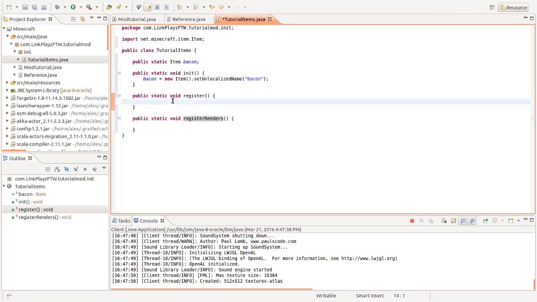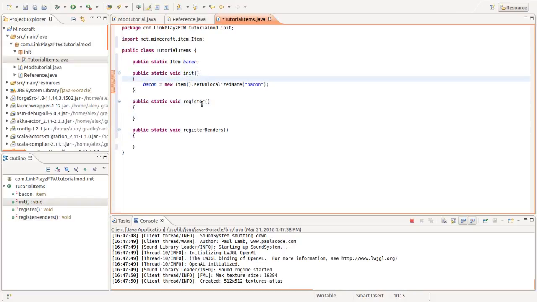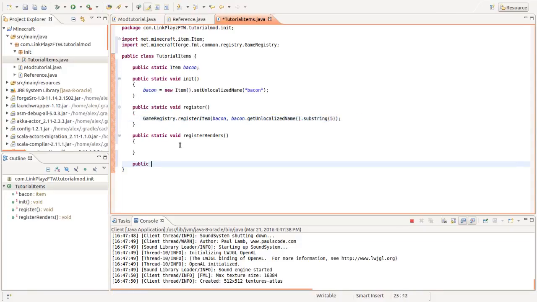Now what we want to do after that is, I want to make this a little neater, guys. Sorry. I like keeping my code all nice. Alright, so then we want to do register. So game registry dot register item, and then we're gonna do bacon dot get unlocalized name, and it's gonna be dot substring, and then we're gonna make it 5. Public static